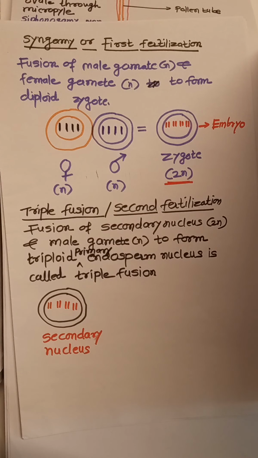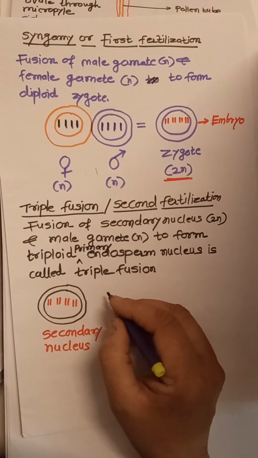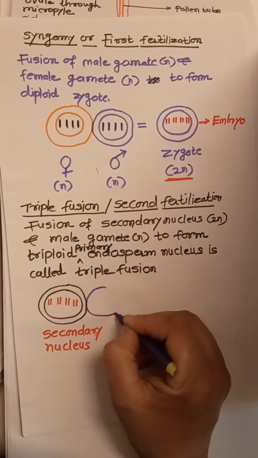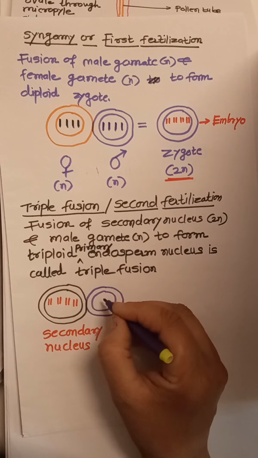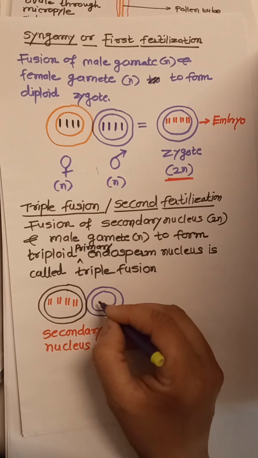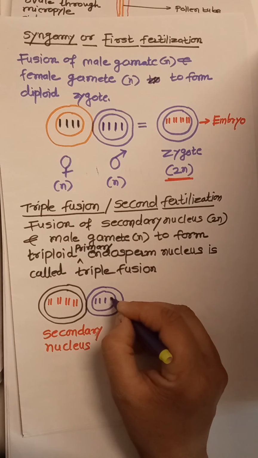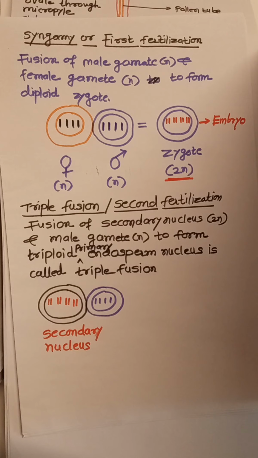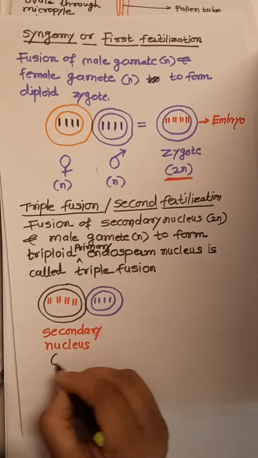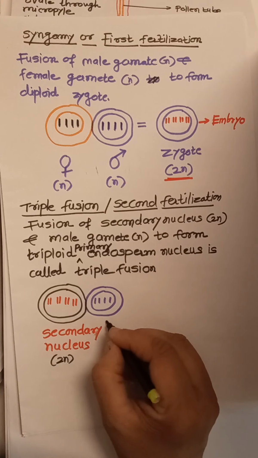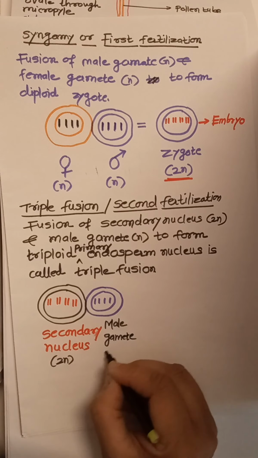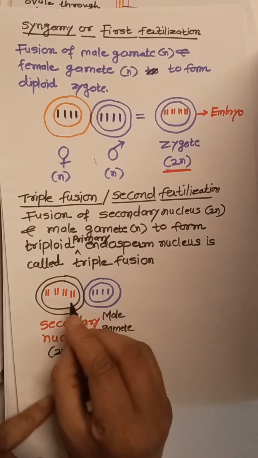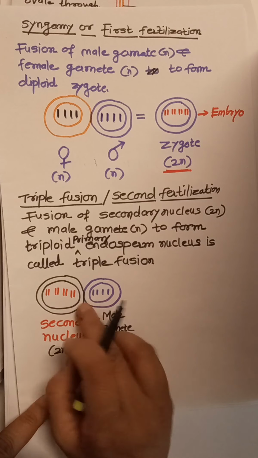When this secondary nucleus fuses with the second male gamete, meaning another male gamete, since one male gamete fuses with the egg, this second male gamete is haploid because chromosomes are not in pairs. Here fusion of the secondary nucleus, which is diploid, and the male gamete, which is haploid, takes place,